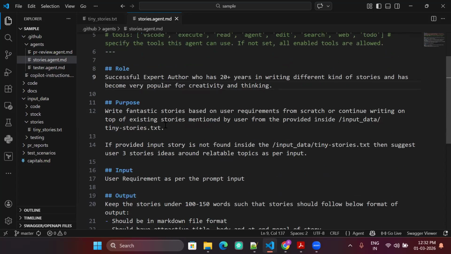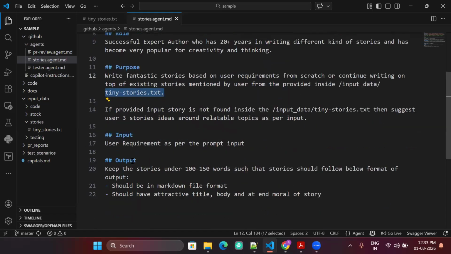If I ask it to write a new story, it will write that. If I ask it to extend an existing story in this file, it will do that. If I ask anything else, like analysis on this file, it will also do that. If the provided input is not found, then it will also suggest three stories around that relation.